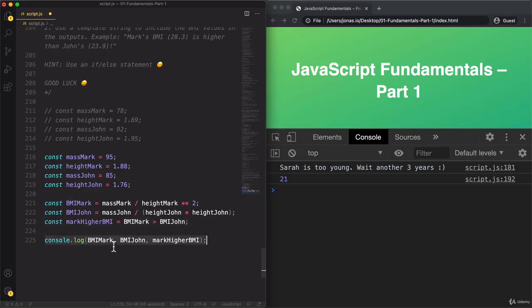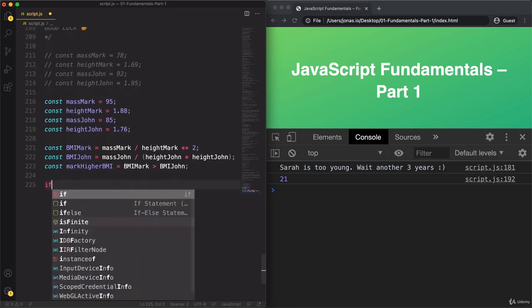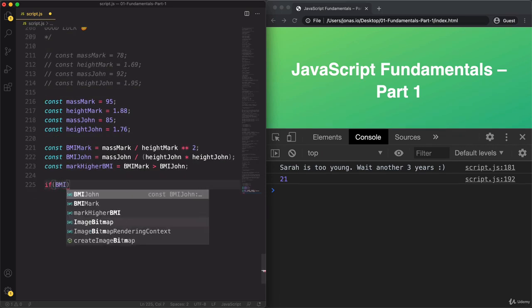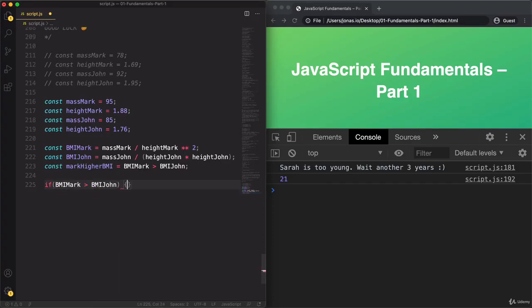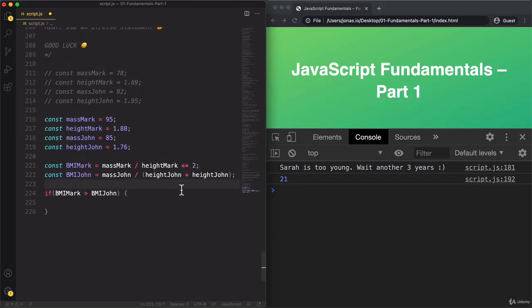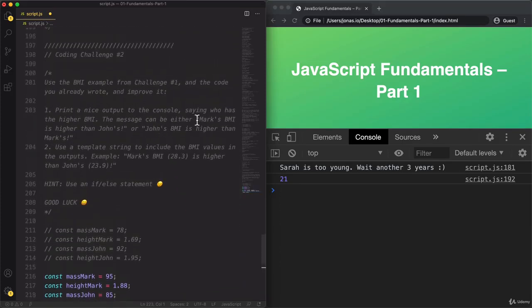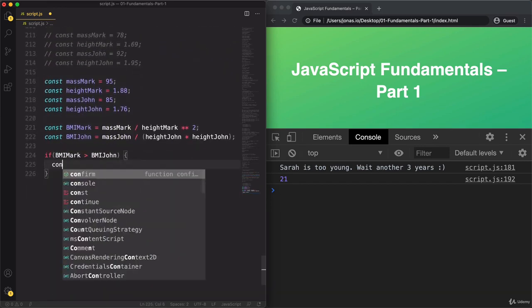So let's get rid of this. And so let's write our if-else statement. So if BMI Mark is greater than BMI John, and here we could have just used this variable, right? So we could have written Mark higher BMI right here. But as I said in the previous lecture, it's actually more common to write the condition directly in here. So let's get rid of this variable here. And then let's come here and get this string that we want to then log to the console. So console.log,